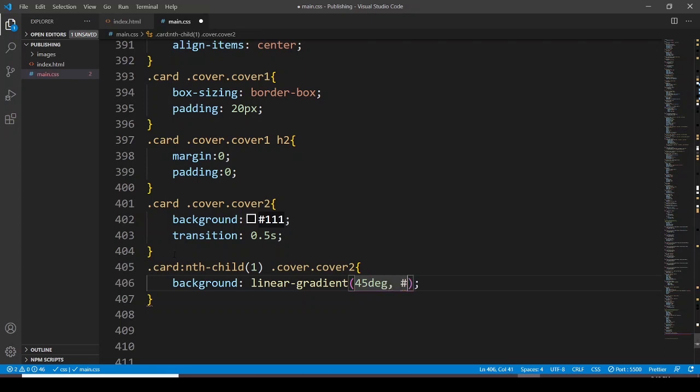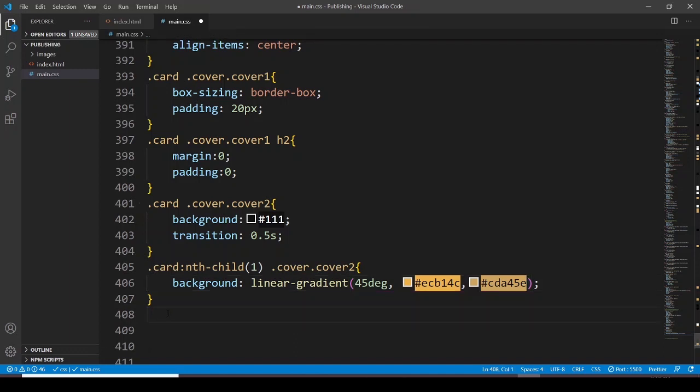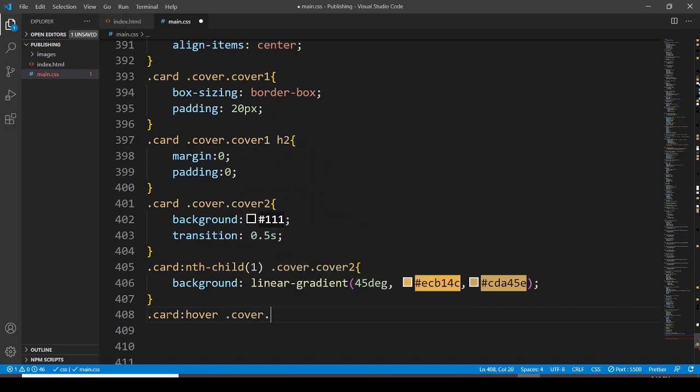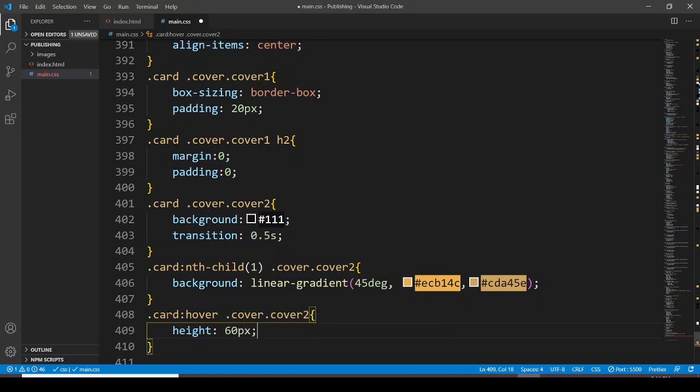Let's use the color ECB14C actually, and then we have to use another color CD45E, and then we have to go with the card hover, and then cover and cover 2, where the height is going to be 60 pixels,